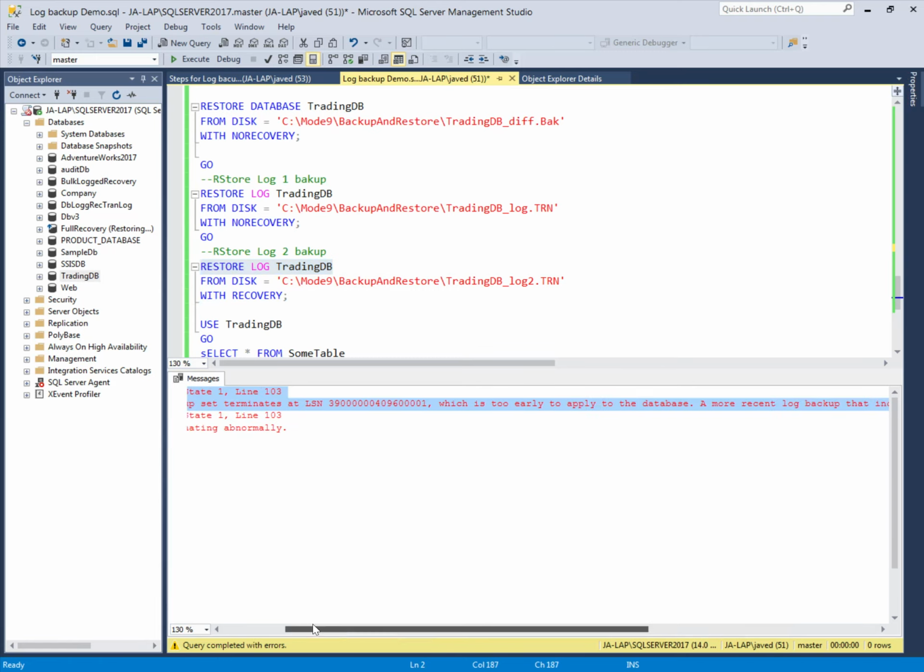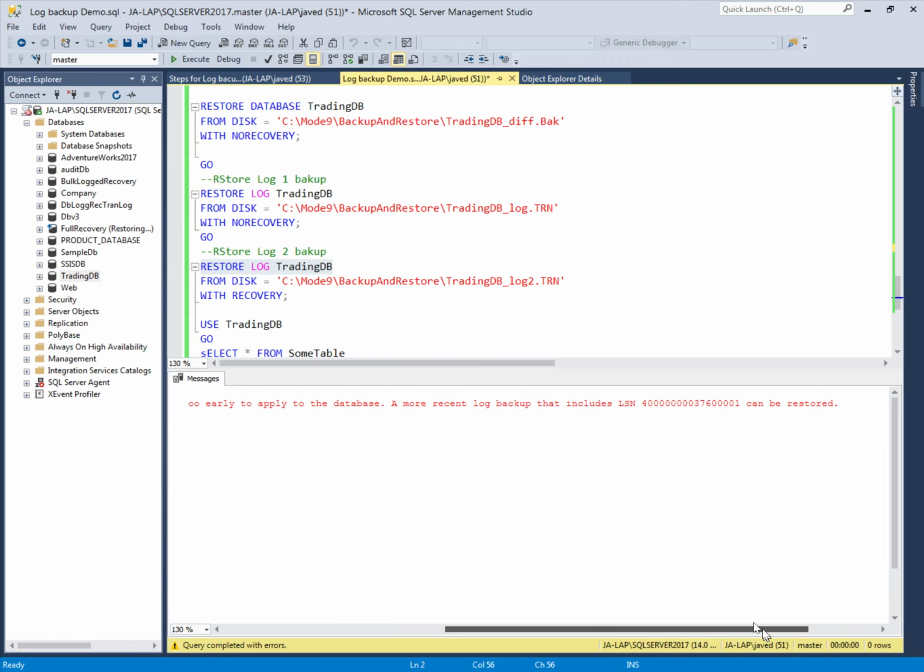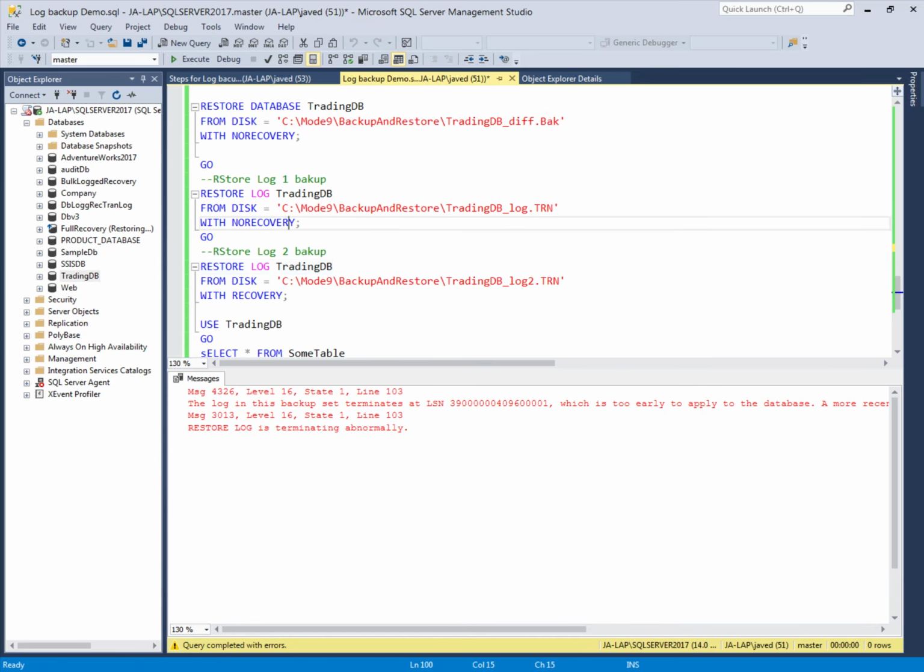From this sequence number, it knows there is another log backup before this one. So it's saying this is too early to apply to the database. A more recent log backup that includes this sequence number can be restored. So it's asking for the log backup with this sequence number to be restored first.